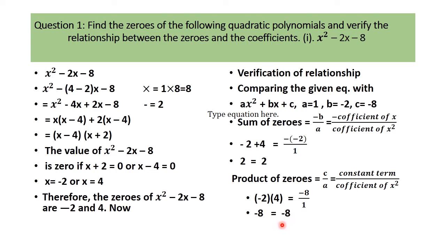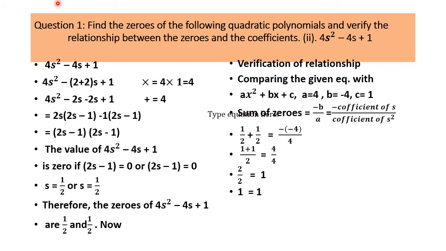This is how we verify the relationship. This is the first question, first part. Next, this is the second part of question first. Now here the equation is 4s square minus 4s plus 1. Same way, we will multiply 4 into 1, the first and last term, 4 into 1 is 4,